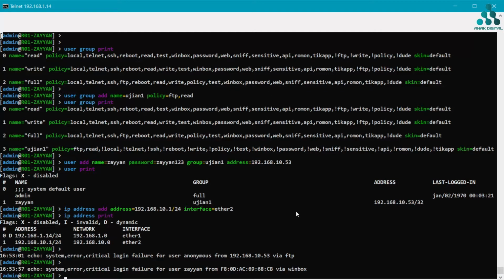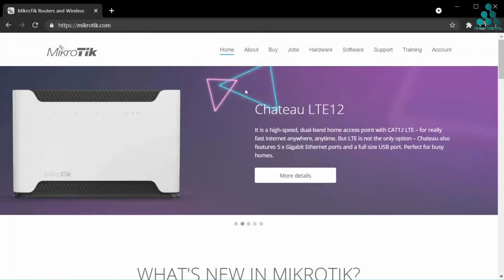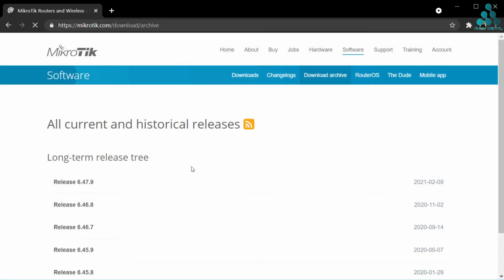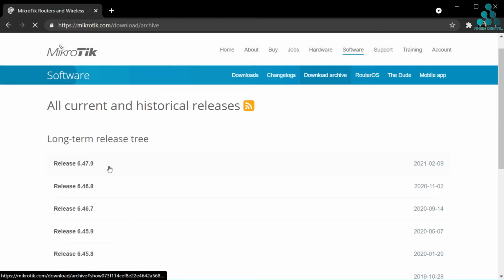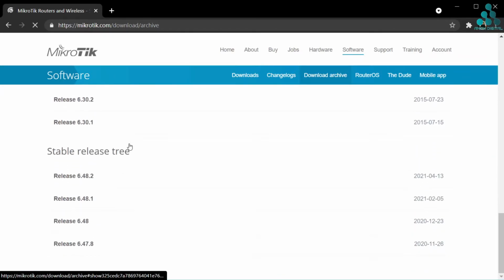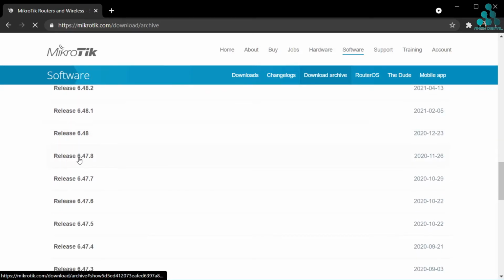If you wanna download for downgrade, you must open the browser like this, and then click software, click download archive, and then I choose to downgrade in stable release 6.47.8.